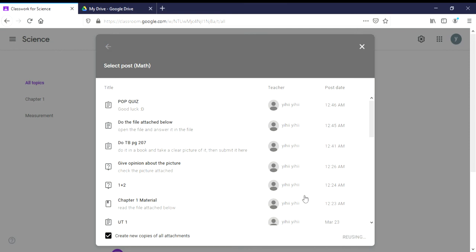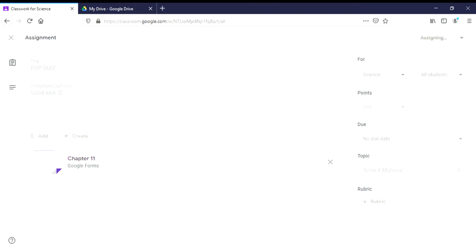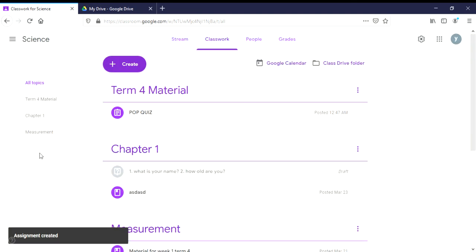Like this, we will reuse. So now you see that it has the attachment as well, and then you can just assign if you want to use the same stuff in the other class.